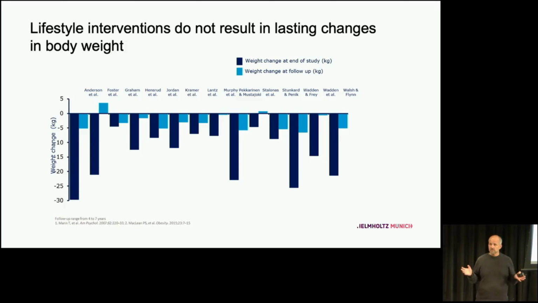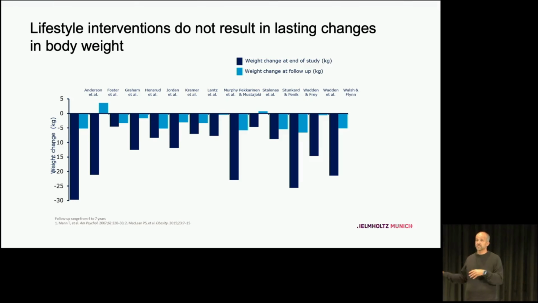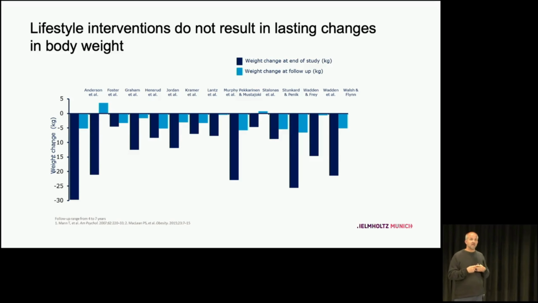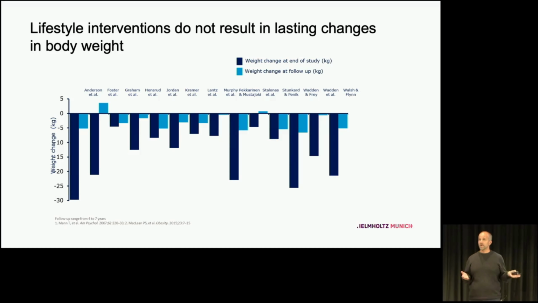So the easy answer to the obesity problem is, if the energy balance is right, just eat less and exercise more. Huh? And there's truth in it, because this is a summary of a lot of different clinical studies where, depending on how little people eat and how much they exercise, they're going to lose a lot of weight, and this is what you can see in these dark blue bars. However, the truth is also that when you let these people go on and live their life, so you don't supervise them anymore, pretty much all of them regain the weight that they had lost after 5 years, which is what you can see in these light blue bars.